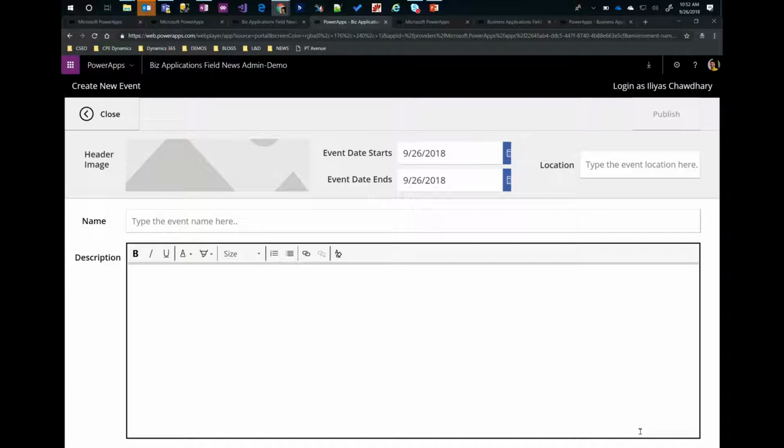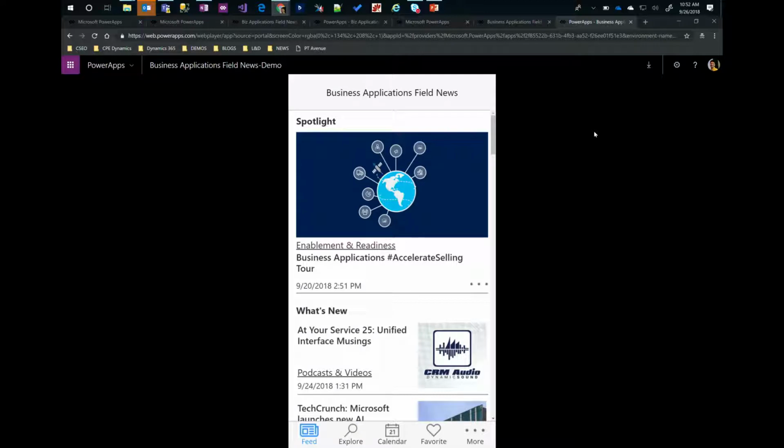Now what this does is, in the traditional way, I would have sent out a save the date or an invite to their email calendars. They would actually have to go in and look at it. Now as a user, when this is published, if I am a user in the application, I'm going to change my context here. So this is what the actual user sees.